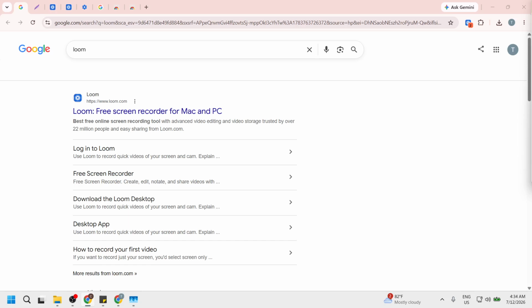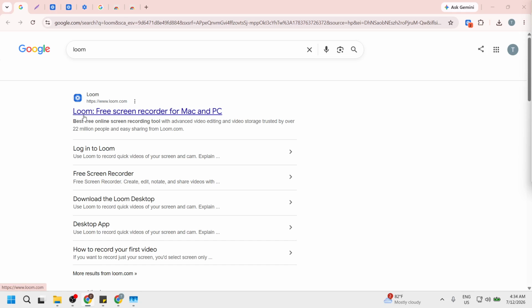By accessing the official Loom website, you set the foundation for resolving any loading issues. You want to make sure you're visiting the correct site. This ensures you are getting accurate and safe information. Once you've completed your search, click the correct link that directs you to the Loom website. Look for the official site that typically appears at the top of the search results.